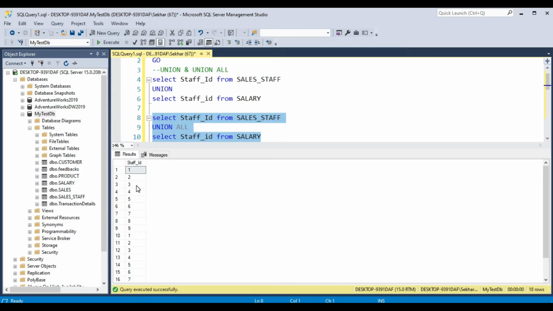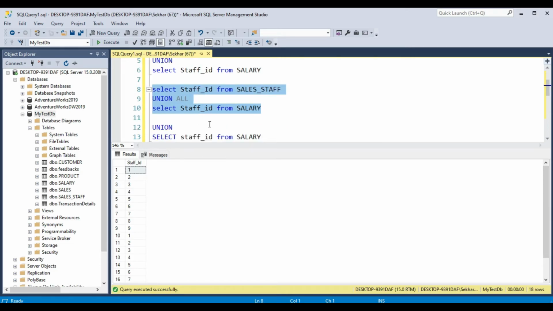That is the only difference between union and union all; all the other criteria we discussed for union also apply to union all. Union filters out the duplicates and returns only the unique values, but union all gives you everything you are supposed to get. Combining the select queries, you can see you got 18 rows, 1 to 9, and again 1 to 9.